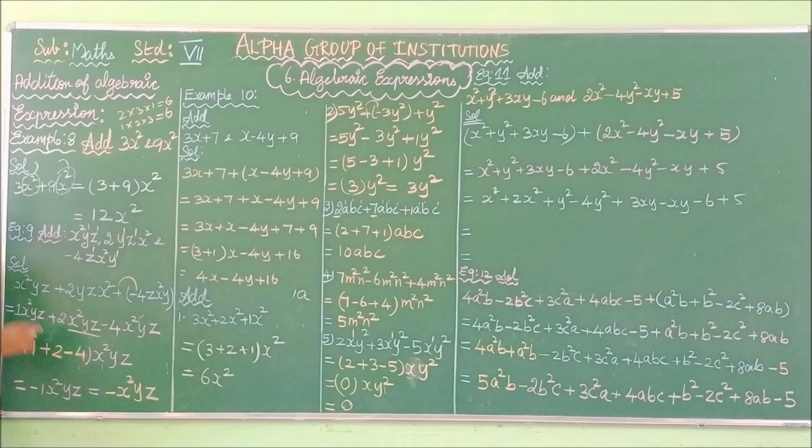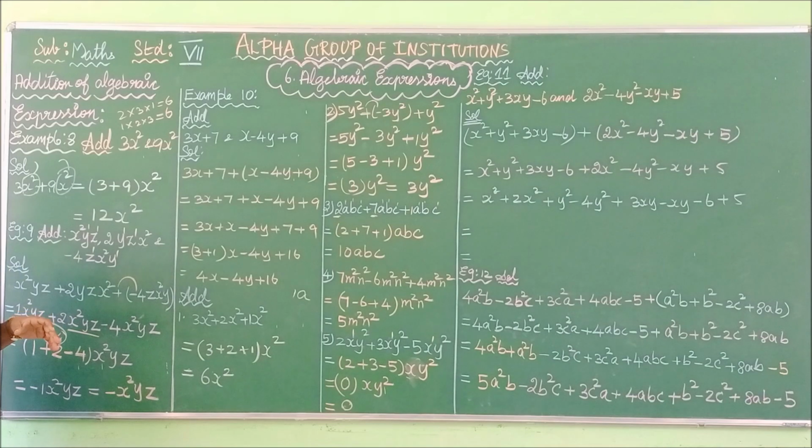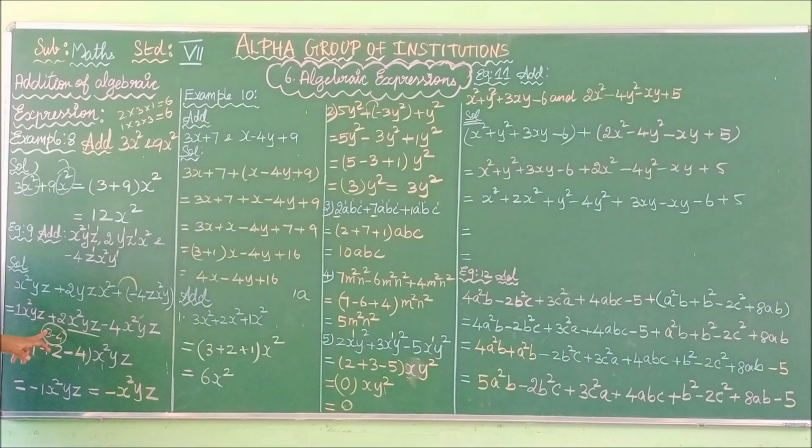1 plus 2. So what is the answer? 3. So 3 minus 4. See here, the given numbers are in different signs. So you have to follow rule 2 in addition and subtraction of integers. What is rule 2 saying? If the given integers are in different signs, you have to subtract. Subtract the smaller number from the larger number. Subtract the 3 from 4. Your answer is 1. And the result gets the sign of the larger number.